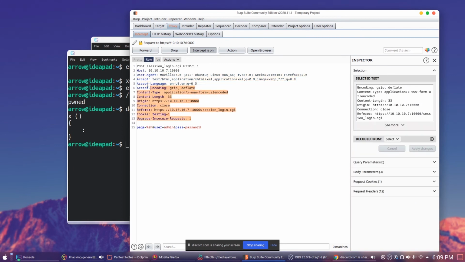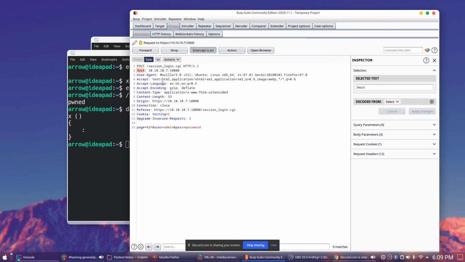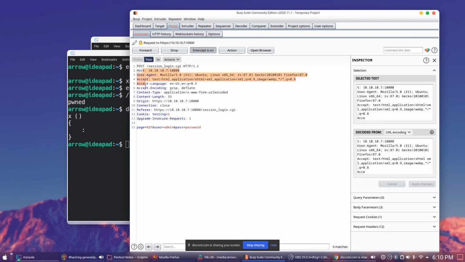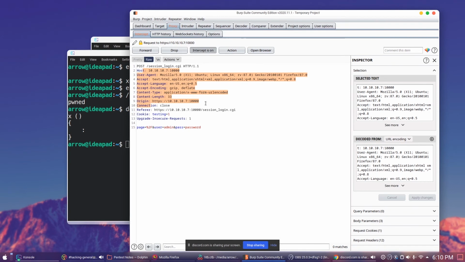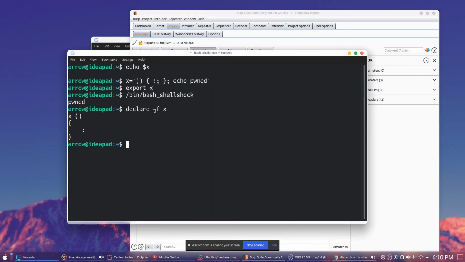So who will do this? Apache web server. This Apache will make these environment variables: http underscore host, http underscore user agent, http underscore accept. So it will name them like this. These will be converted into environment variables, and this CGI will create a child process for every request. That's why CGI will slow down if there are so many requests. So now we can modify any of these environment variables, and of course it will be imported into the child process.